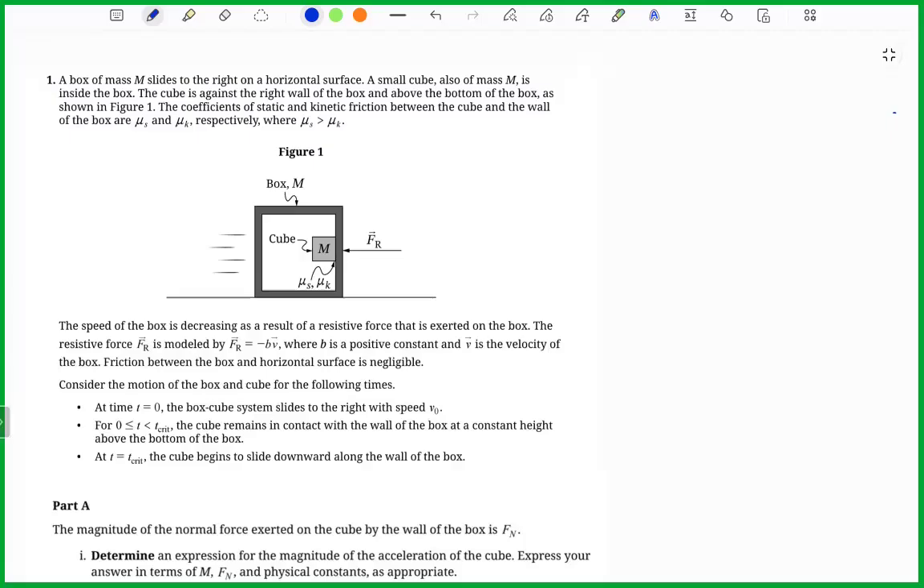Let's dive right into the first problem on the 2026 AP Physics C Mechanics exam. Definitely a challenging one. So we're told that a box of mass m slides to the right on a horizontal